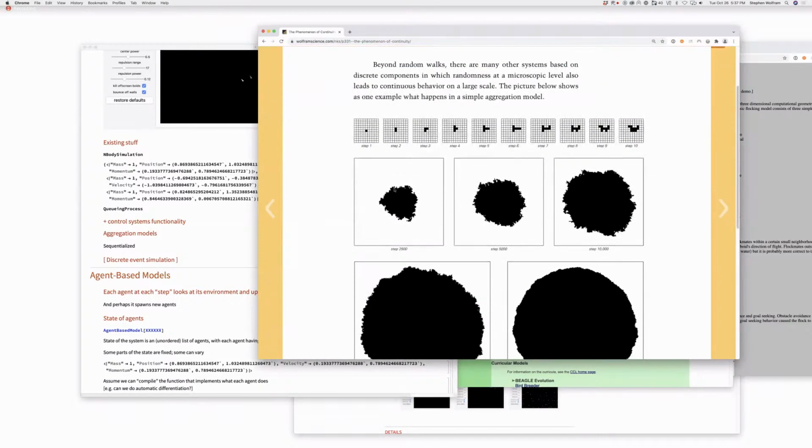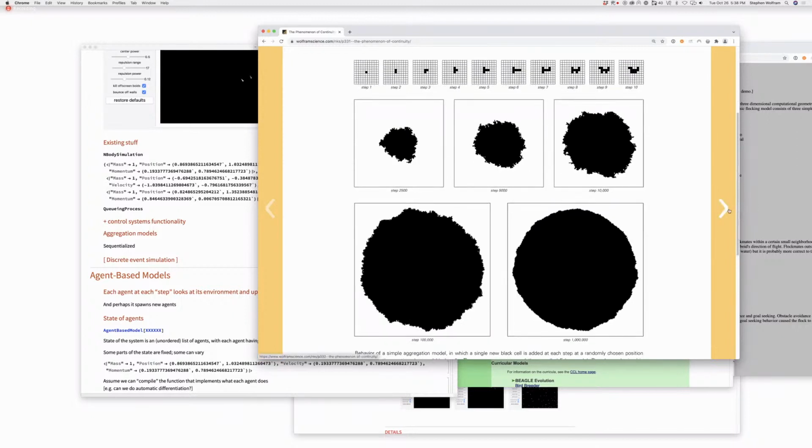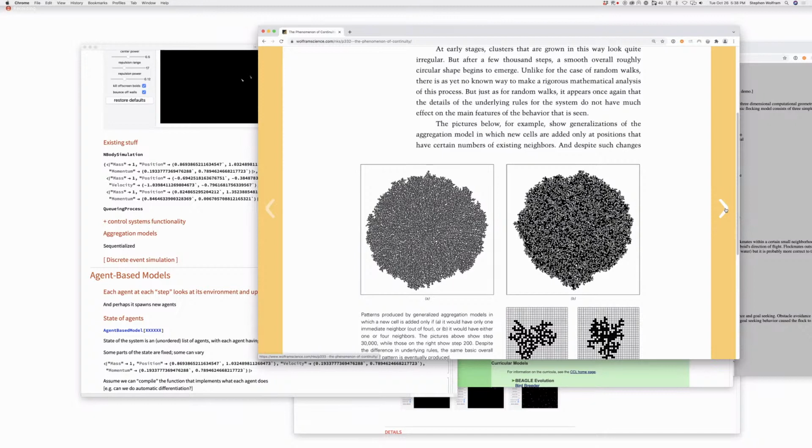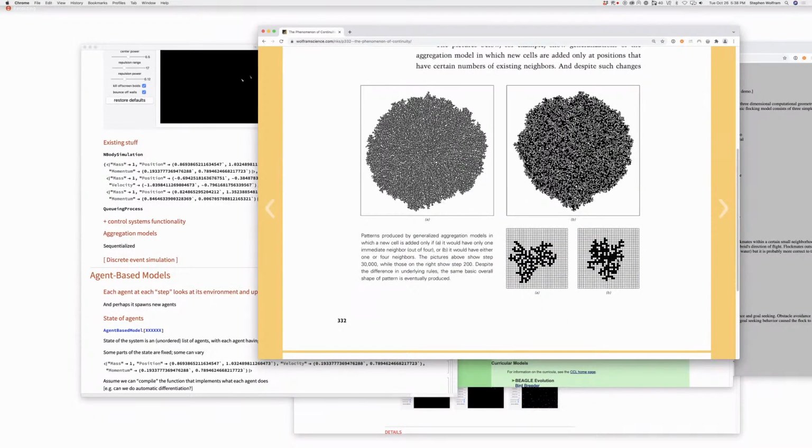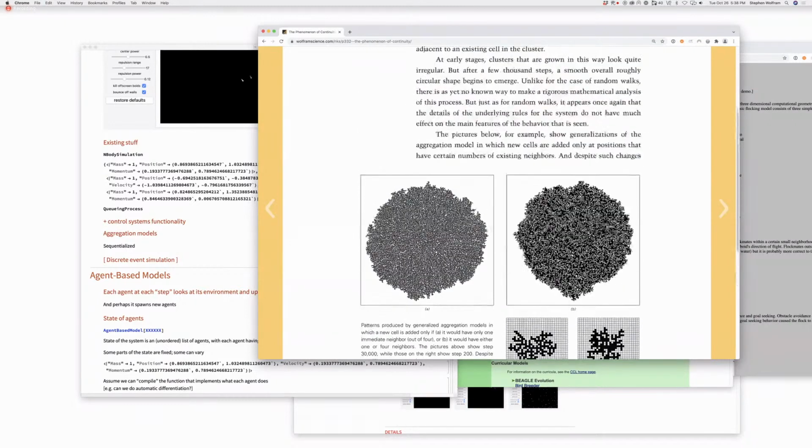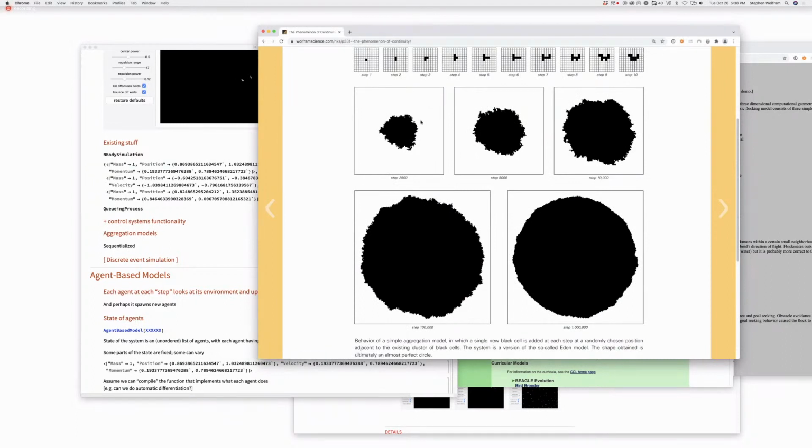But this one is you've got a cluster, and at every step you randomly pick a point on the boundary of the cluster and add a new cell there. Okay. And it converges to a disk. Well, almost a disk. It actually doesn't turn out to be exactly a disk on a standard square grid, and you can have slightly more elaborate rules. You can also do diffusion limited aggregation, where instead of just picking a place at the outer boundary, you insist that the thing has to follow a random walk from infinity to get there. So that means it's much less likely to get into a shielded region, into a bay, than it is to get onto a promontory. And so it has a habit of